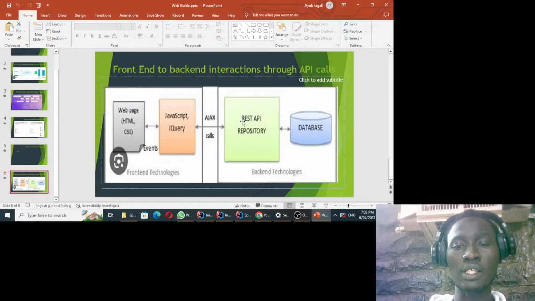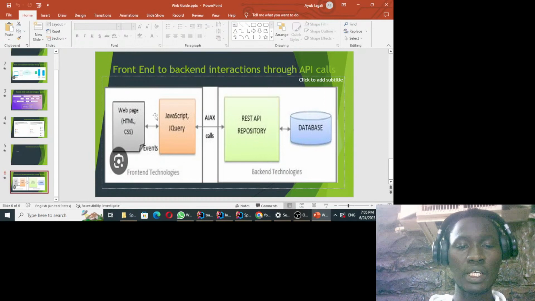And then this REST API is what you are going to expose on the internet as endpoints. We will see how to create the endpoints. If you don't know about that, you can watch my video on the Spring Boot playlist, and you will learn how to create this backend application, which should be able to communicate with the database.